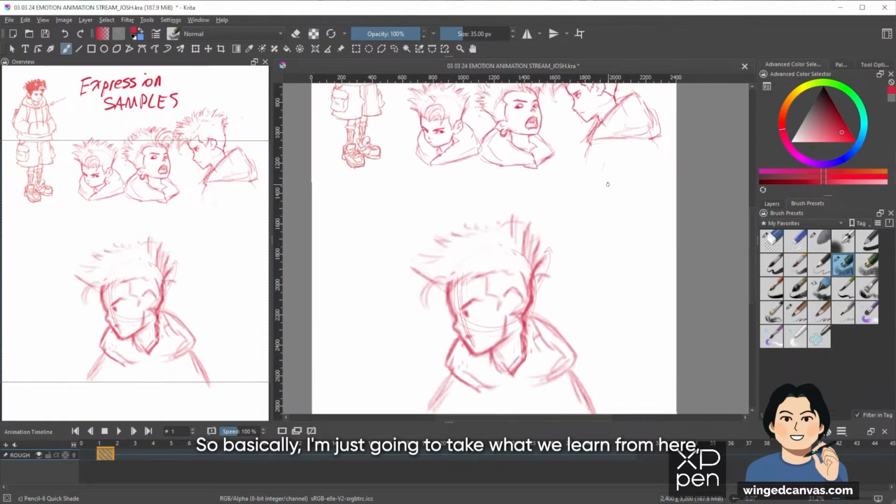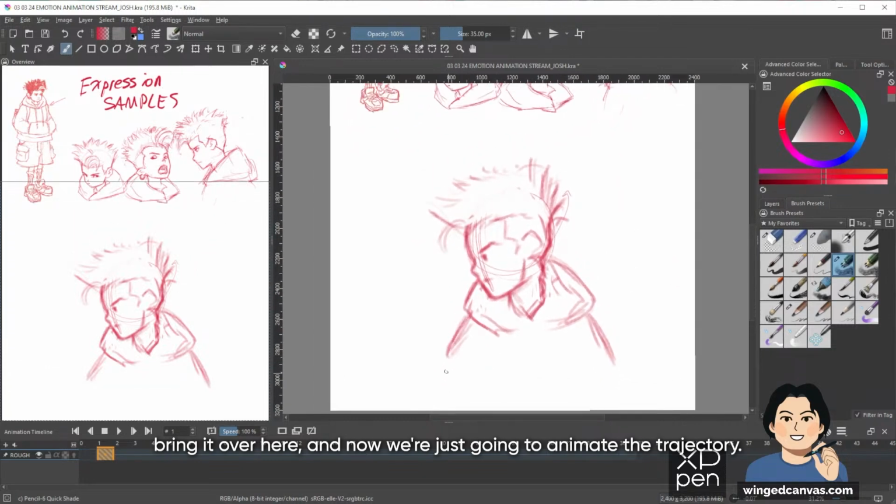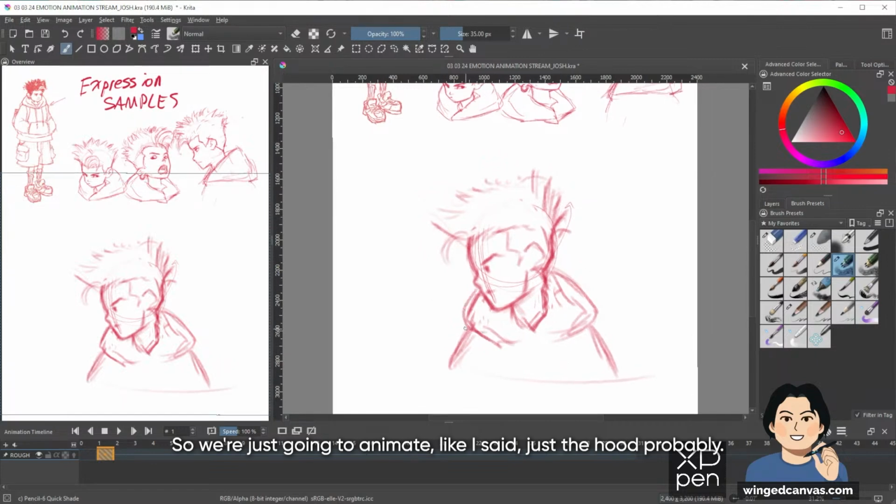So basically, I'm just gonna take what we learned from here, bring it over here, and animate the trajectory. We're not gonna animate the hood, but just the shoulder shot, and then the head.